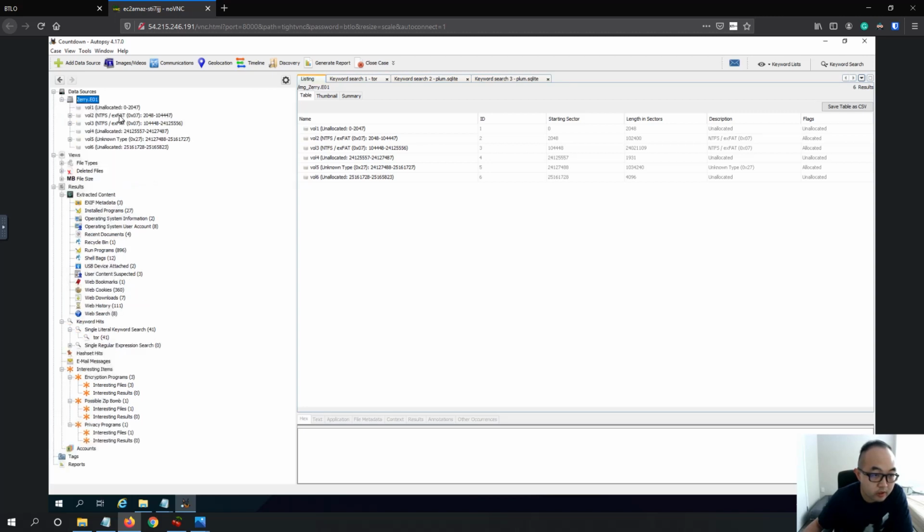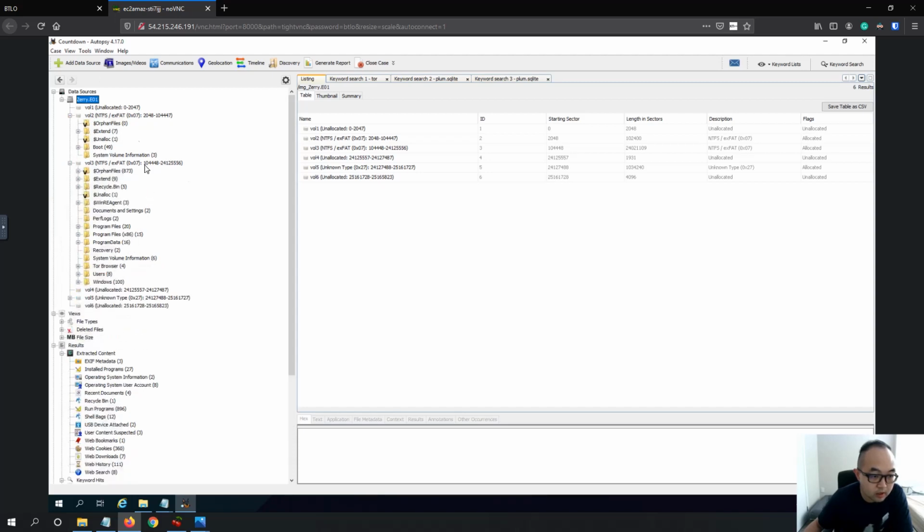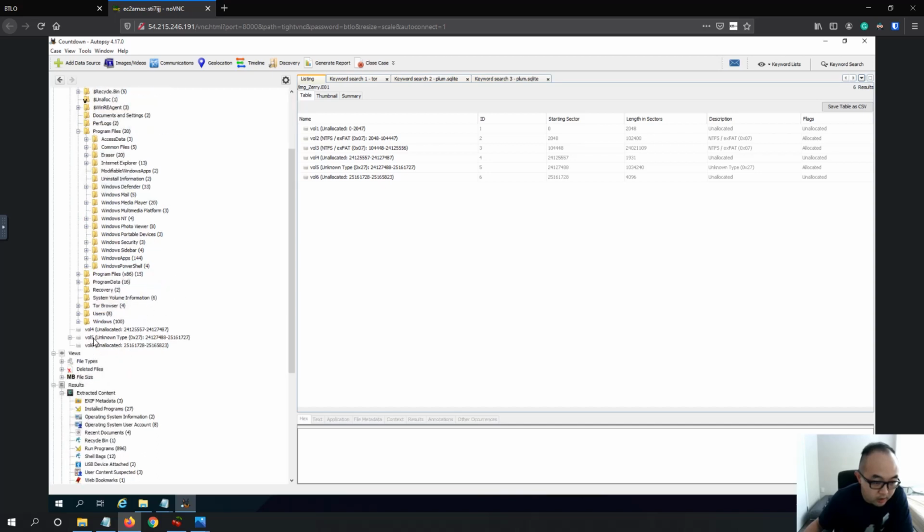We can look through the file system. Under volume 3, we can see that we have program files. I think we might need to look under the users, Zeri,